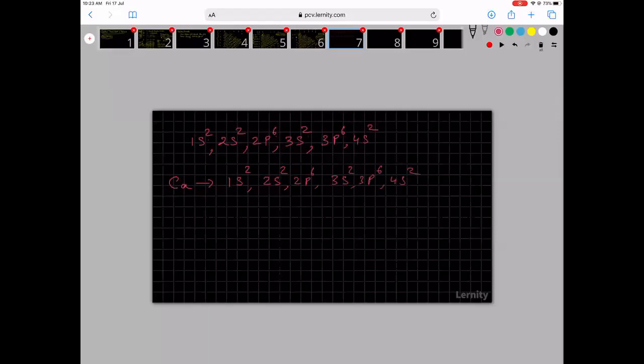When you compare this with what Bohr said: first shell 2, second shell 8, third shell maximum is 18, so 10 can go. But Bohr also said the ultimate shell cannot have more than 8, so it will come to 8 and then 2. So 2, 8, 8, 2 is what Bohr said. So here first shell 2, second shell 8 (6 plus 2), third shell 8 (6 plus 2), fourth shell 2. So this is as per what Bohr said. Okay, so this is how we are going to fill it up. Any number that I give you, you are going to go there and try to fill it up.